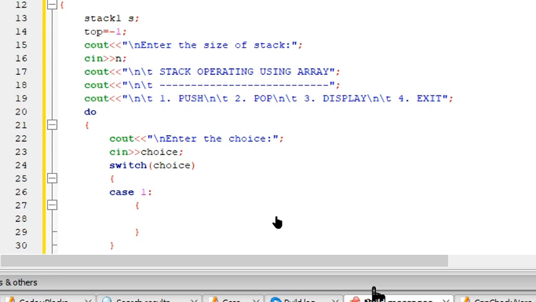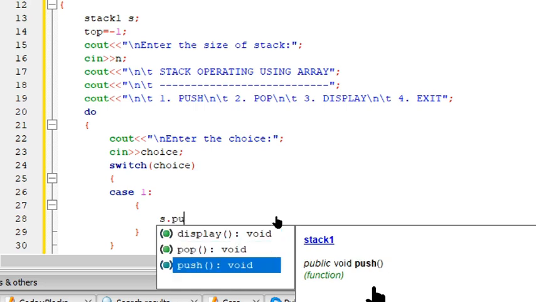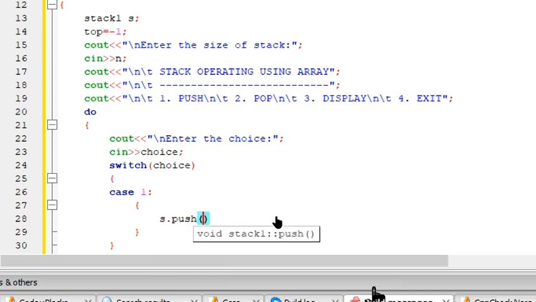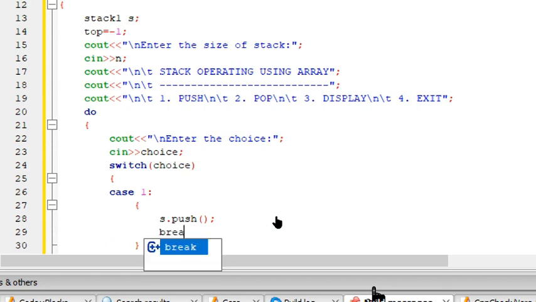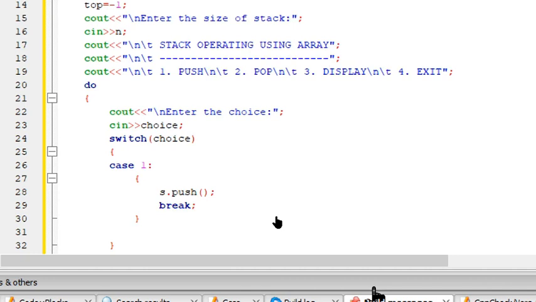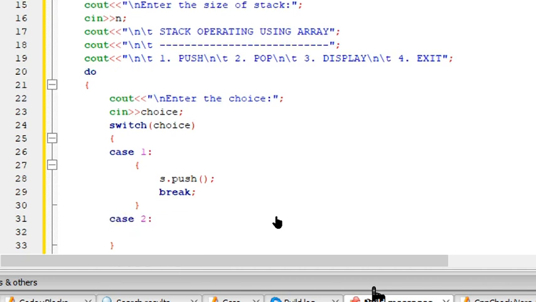If it is case 1, we need to call the operation push. So I need an object to call. The object is s, so s dot push of. Once I'm done with this, break and come out of it. That's my first option. And next is case 2, pop.